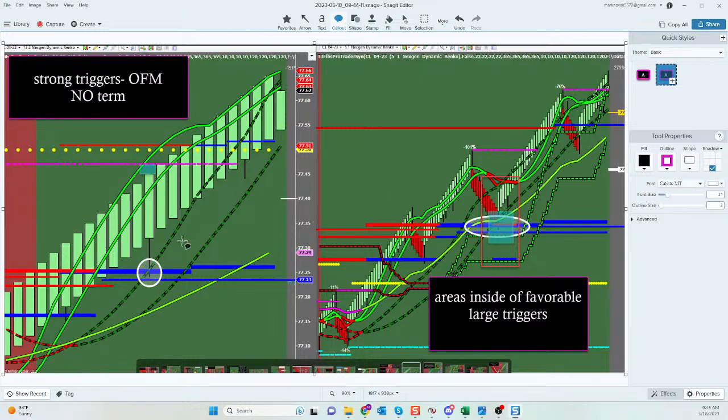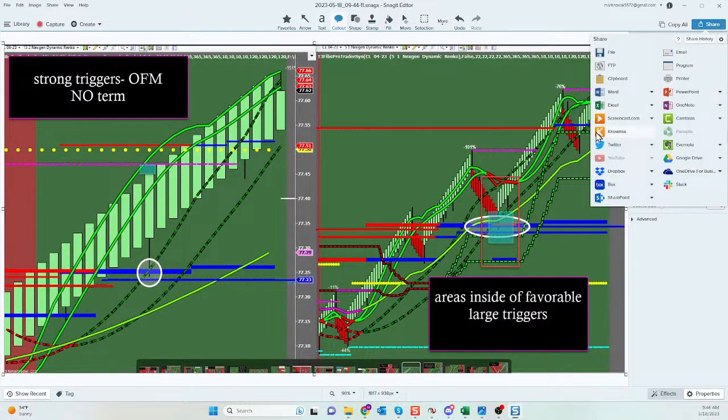This picture shows how you're going to be able to study, how you're going to be able to develop trust in this trade, guys. If you go back historically and you see this tail with odds favorable with no termination conditions, you're going to circle it. We don't trade tails because if we do, it's long gone. We trade areas inside of favorable large triggers. If this tail, the circle on the tail, lines up with a rules-based entry, guys, it's your job to take